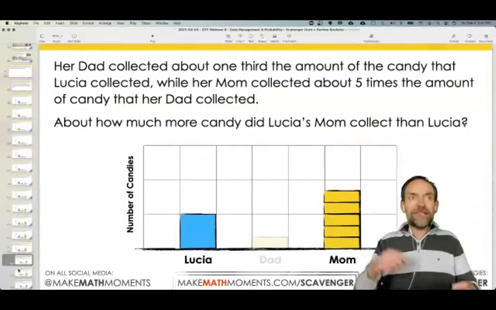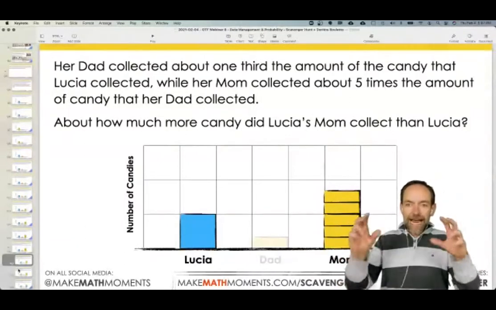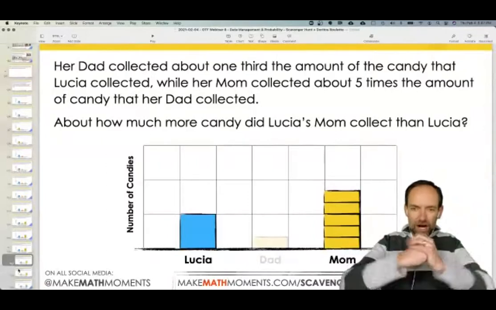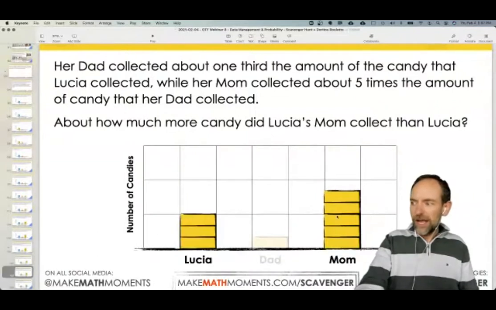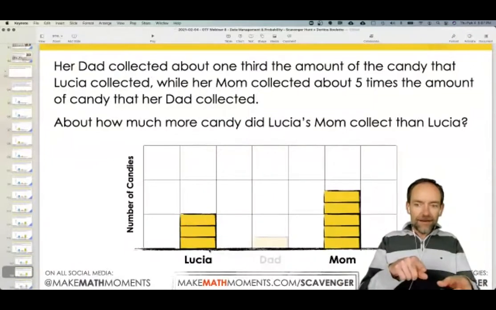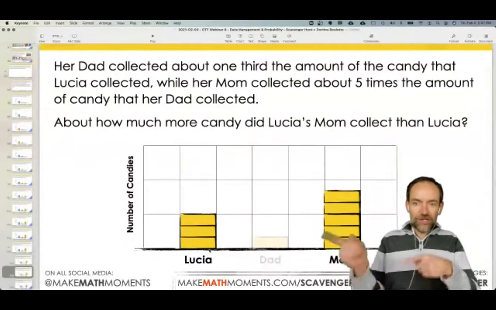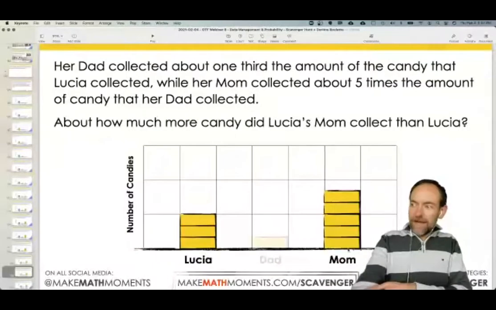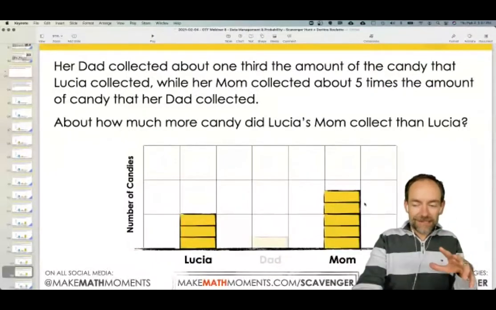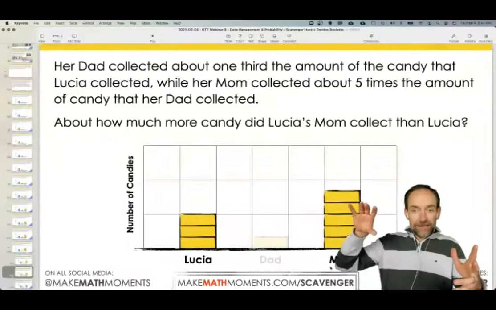When we say 5/3 as much, we're now linking it. We're talking about that relationship, that relative language. And we can see, here's 3/3. Mom has 1, 2, 3, 4, 5/3 of what Lucia has, which then tells us how much Lucia has compared to her mom. She has 3/5, because the mom's is now the whole. This is the reciprocal thinking.